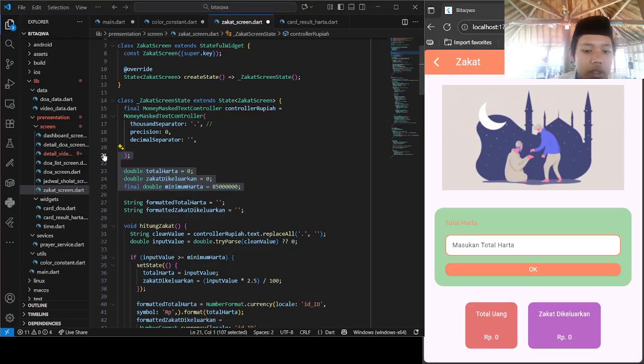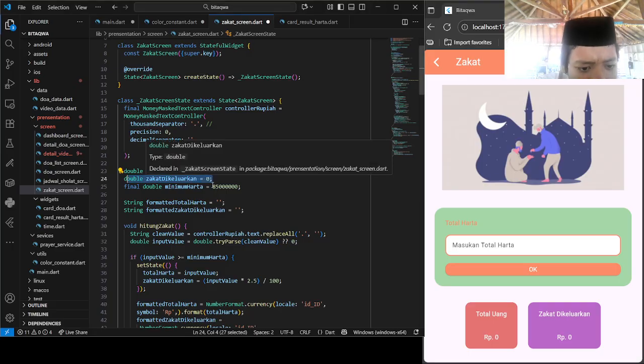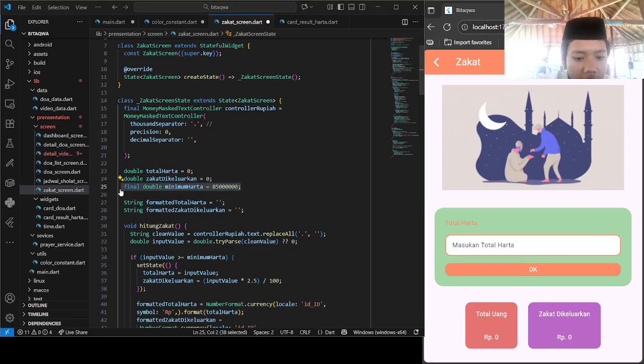And let's move to the next section. What is that? Double total harta equals 0. This is the total money of the user in rupiah. Zakat dikeluarkan is the amount of money that must be paid for zakat. And then in here, final double minimum harta.